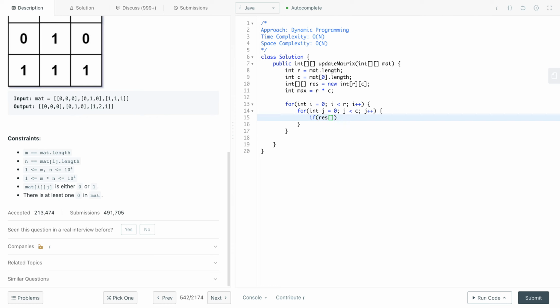As soon as you have that, you look at the given value. If mat of i of j, the original matrix, this current cell that you're looking at, is 0, we don't really need to do anything. So we just initialize res of i of j to be equal to 0. If this is not the case,